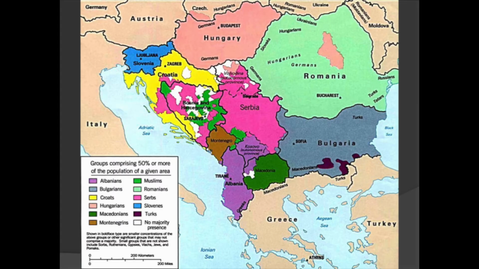As you can see in this map here, where it has all of the different ethnic groups that are broken down within the Balkan territory, the mixing of these has been oftentimes explosive, hence the name the powder keg of the world, which it certainly would be during World War I.